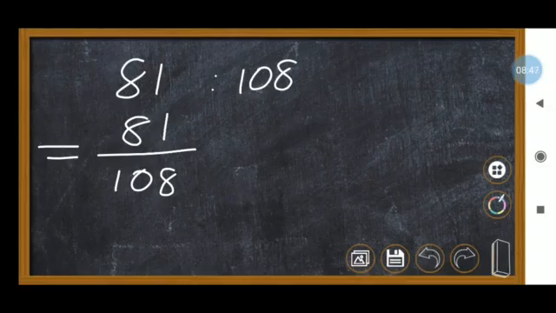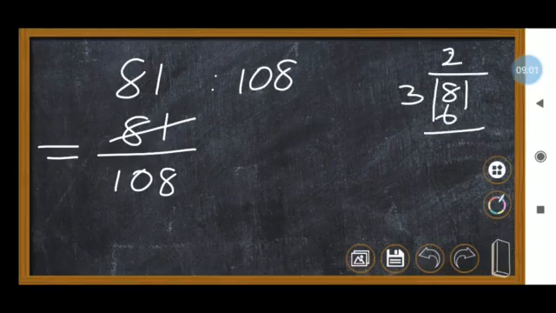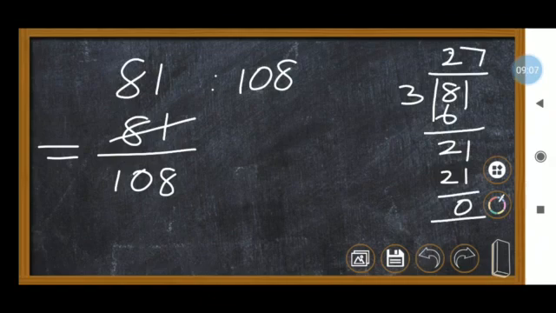Third table. So 3 table means see here 81, you can divide by 3. Simply we cancel that first one, 81. So 81 divided by 3: 2 3s are 6, remaining 2, so 21. 7 3s are 21. 21 minus 21 is 0. So that means 21 will come when we divide by 3. And the same number also we have to divide, no.